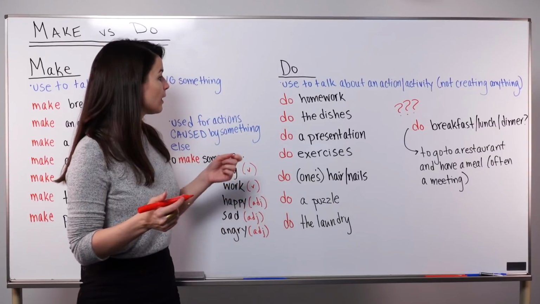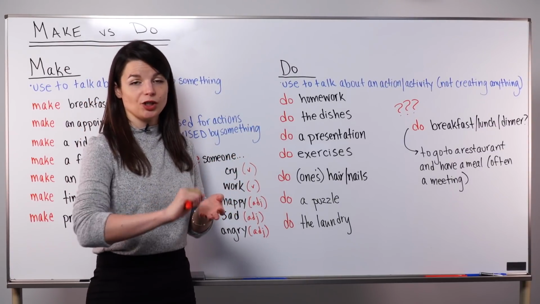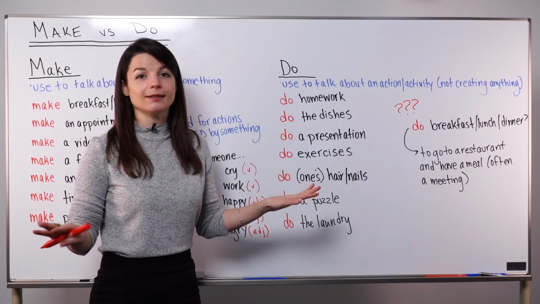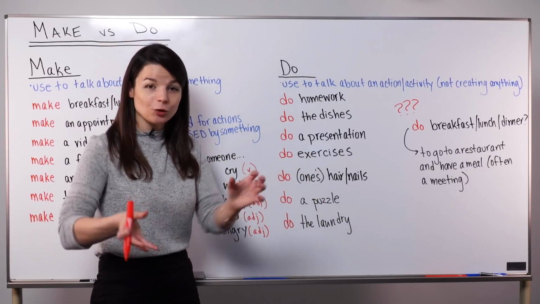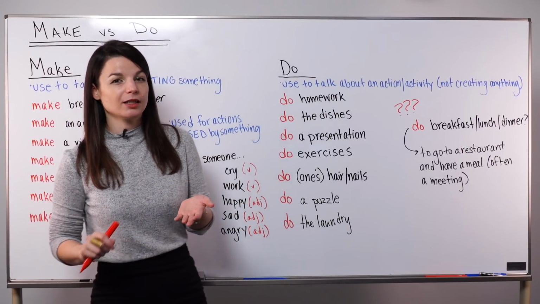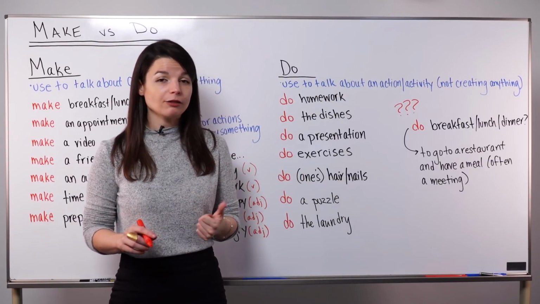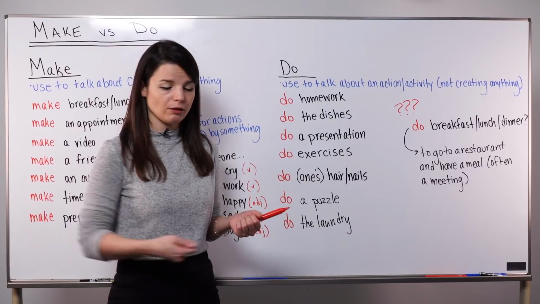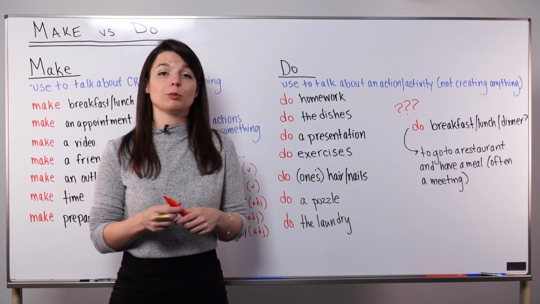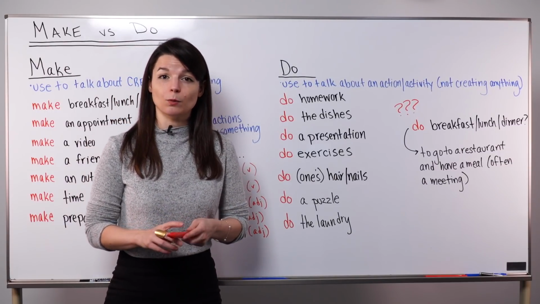Okay, another common one is do the dishes. To do the dishes just means to wash the dishes. You can choose do the dishes or wash the dishes. We do not use make the dishes here, because to make dishes would mean to create the actual dish, which is not the case. Here we're just washing dishes. We use do a lot for household chores, like do the vacuuming, or do the washing for clothes, as we'll see a little bit later. So you'll hear this for some everyday household tasks as well.